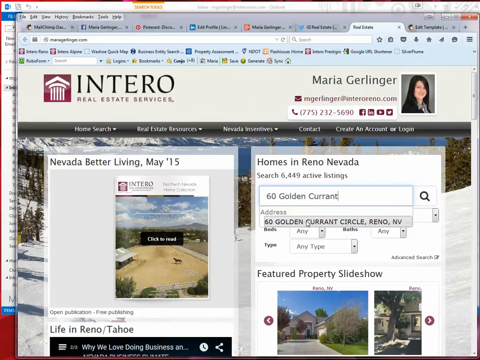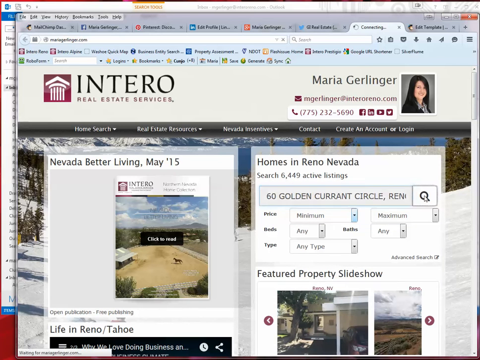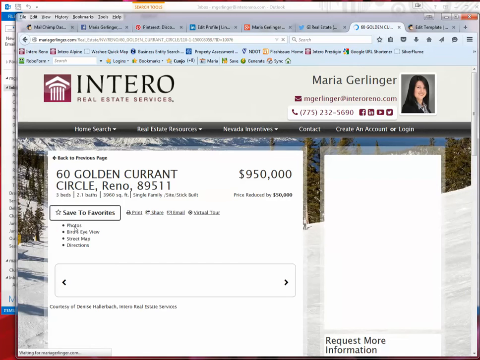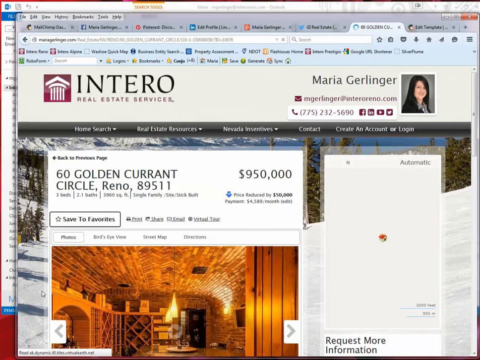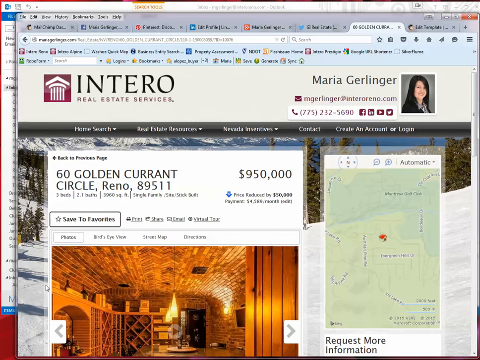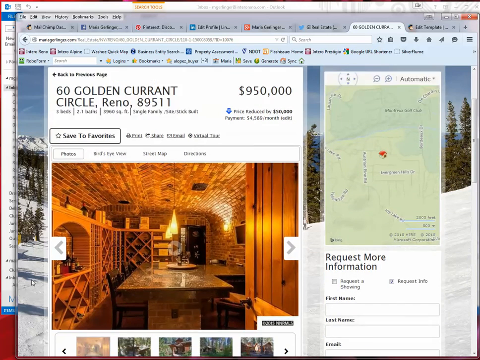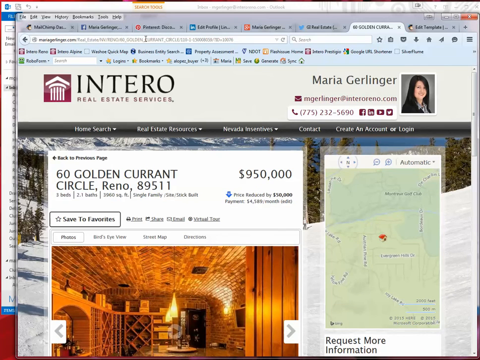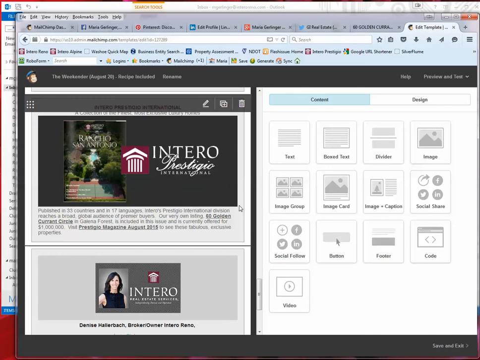Wait till it shows up, select the property and search. And once the property is pulled up on your website, you can copy this hyperlink and put it in once you highlighted the address. So you would do this, go here,